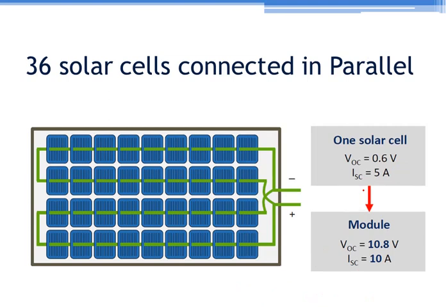Now let us understand, if these 36 cells are connected in parallel, what will happen? Here current will increase. You can see that here these cells are connected in a series and parallel combination, so this is giving you this rating. You can apply the same logic for a hybrid combination, where series and parallel connections are both done.